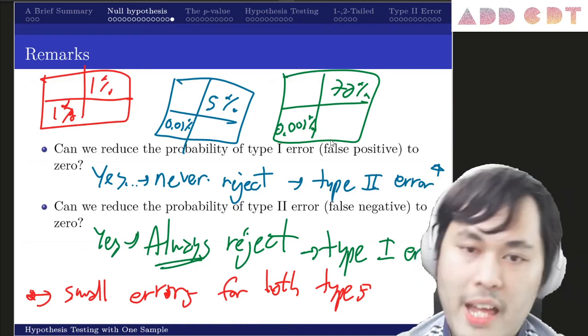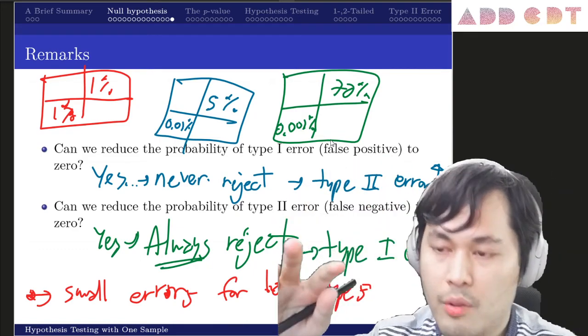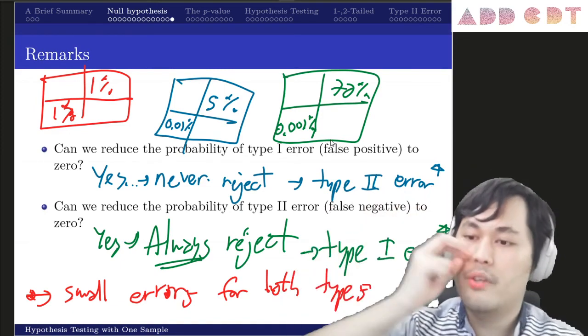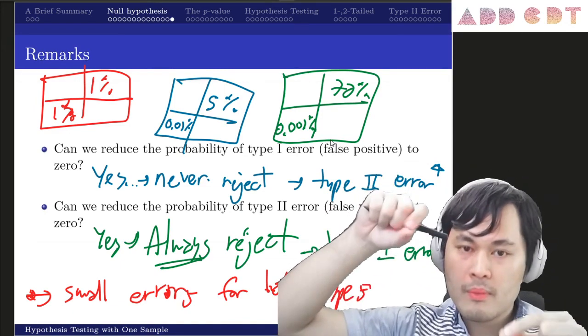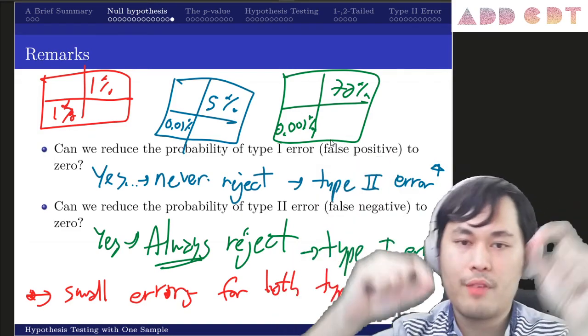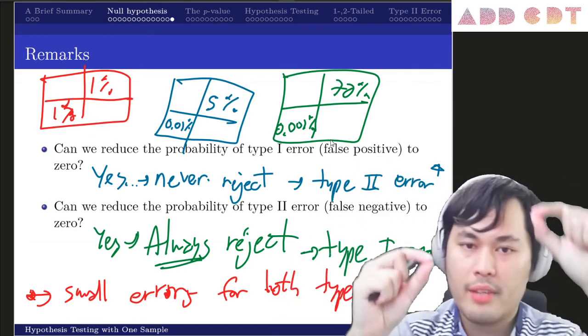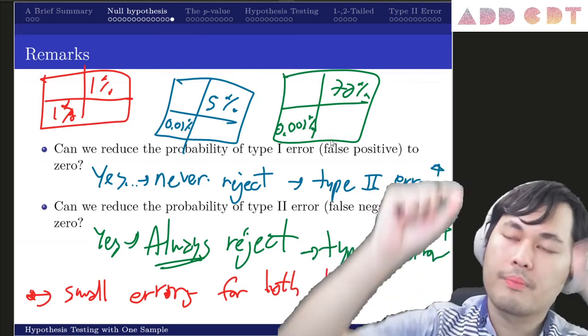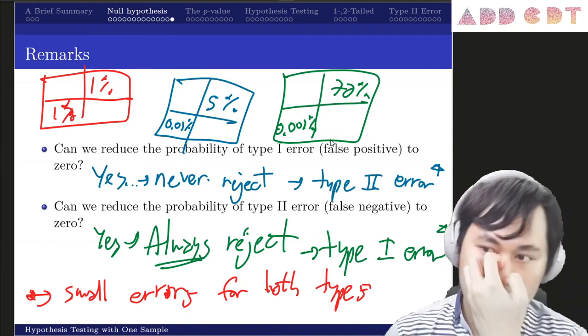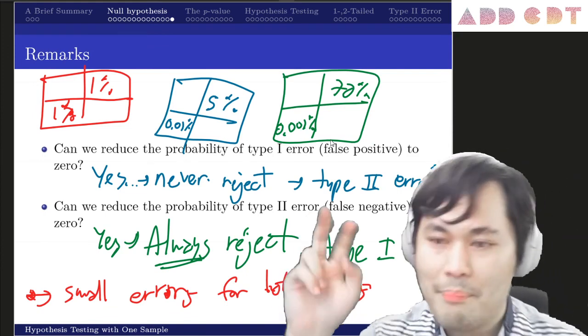So you have to decide which one you want to minimize. You can only minimize one. You cannot minimize both at the same time. If you change one value, the other one will increase, just like a seesaw. If you increase that, the other is going to decrease, and the other way around. So that's not math. That's kind of the